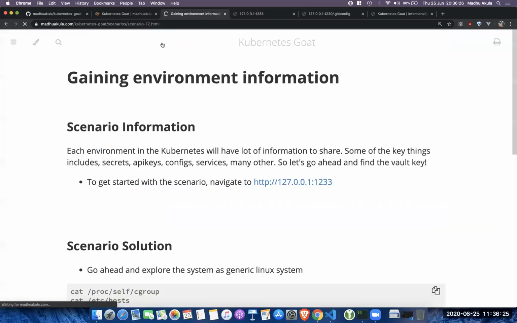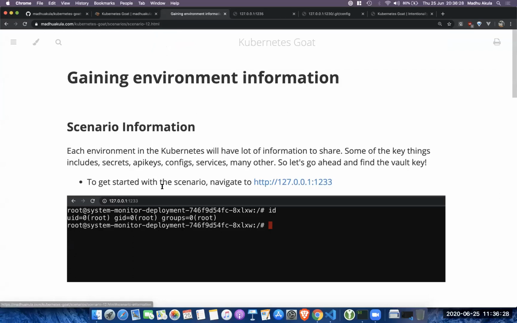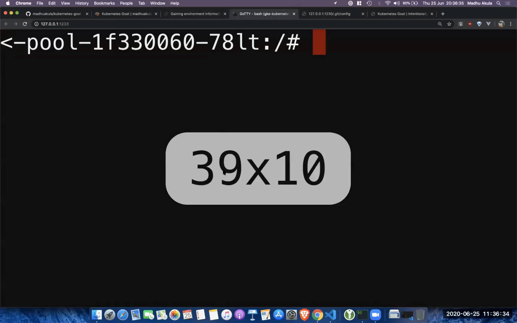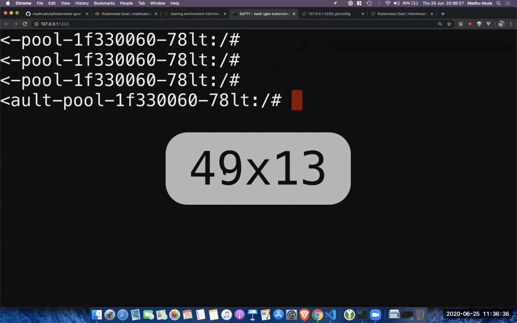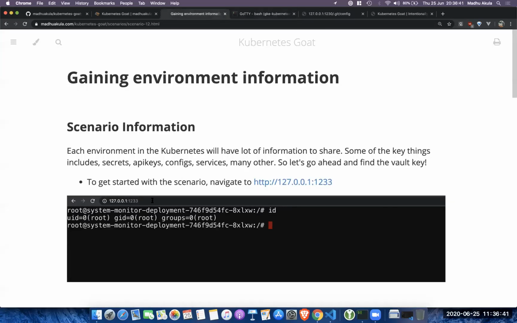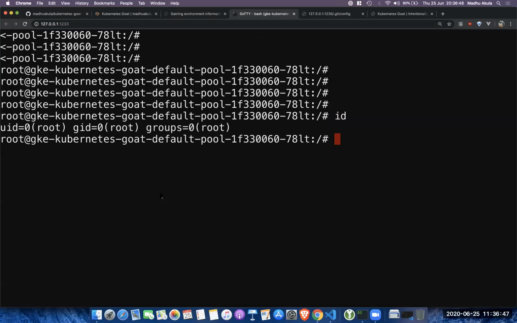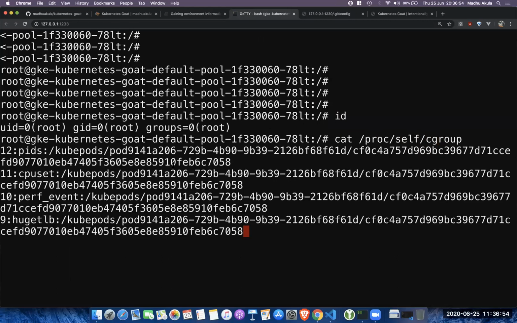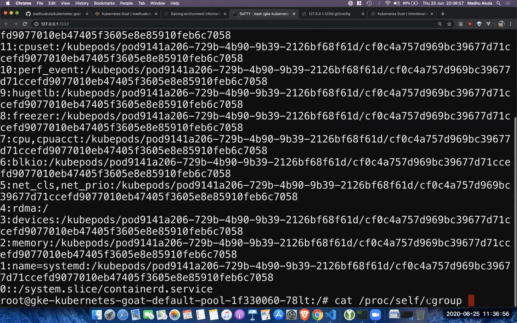As I said, gaining more environment information: if you look at the cluster, I'm giving a terminal here so that you can access the same cluster. By default, you can look at multiple pieces of information if you end up in a pod, like identifying what kind of user you are running as, and whether it is a pod or some other kind of environment, by looking at cat /proc/self/cgroup.